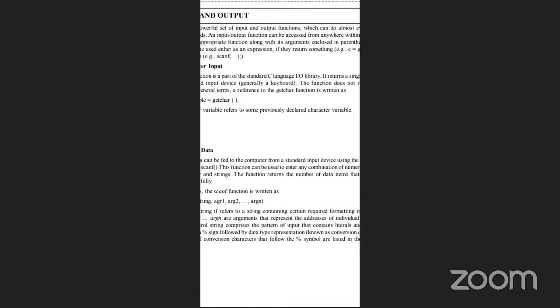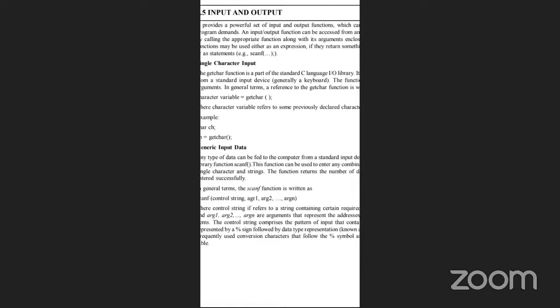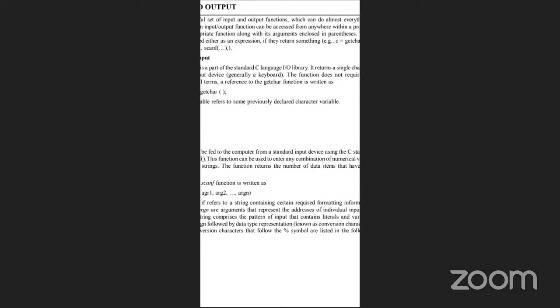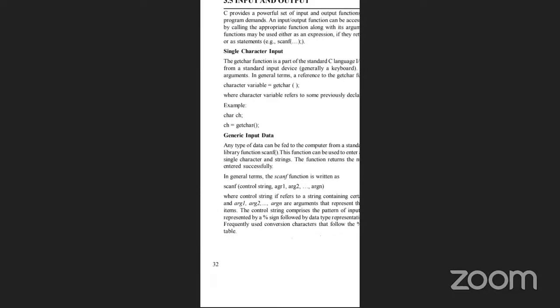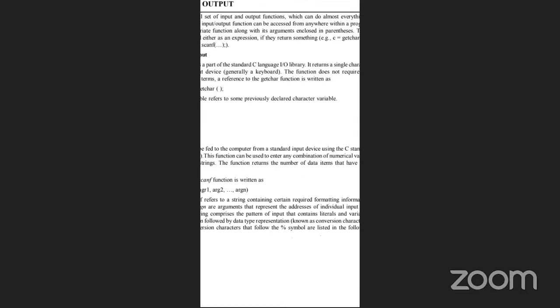Single character input. The getchar function is a part of the standard C language library. It returns a single character from a standard input device, generally a keyboard. The function does not require any arguments. In general terms, a reference to the getchar function is written as character variable = getchar(), where character variable refers to some previously declared character variable. Example, char ch; ch = getchar();